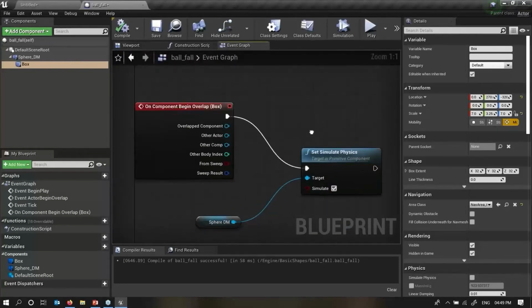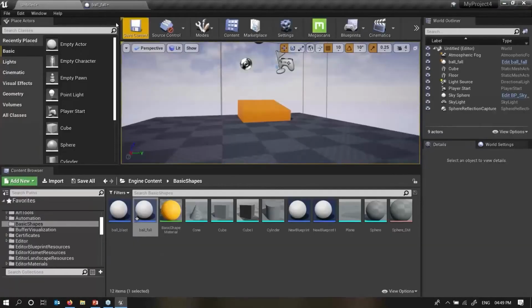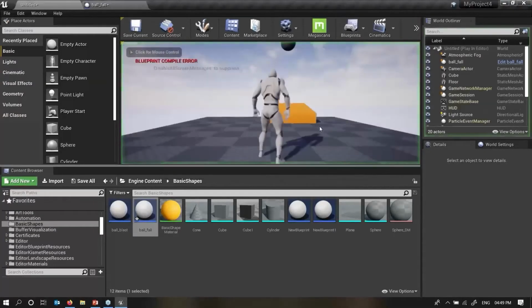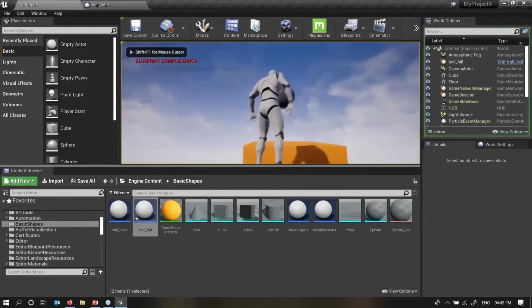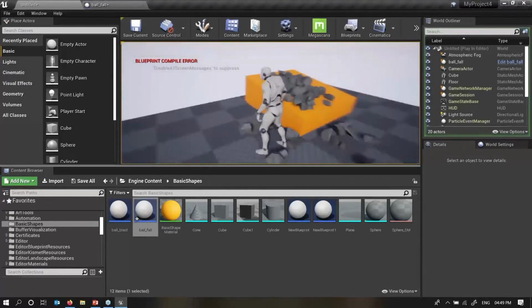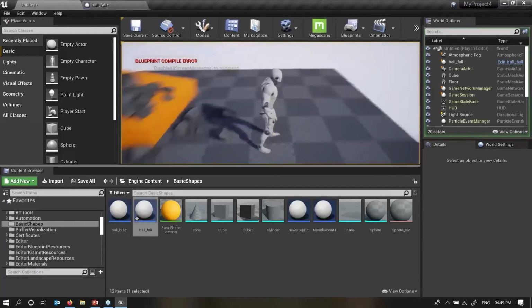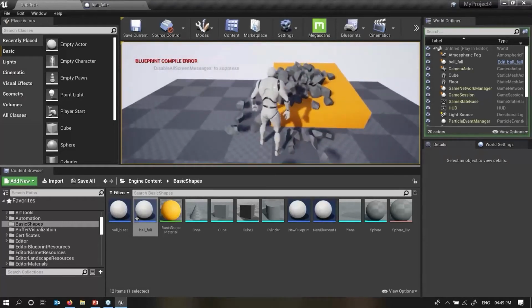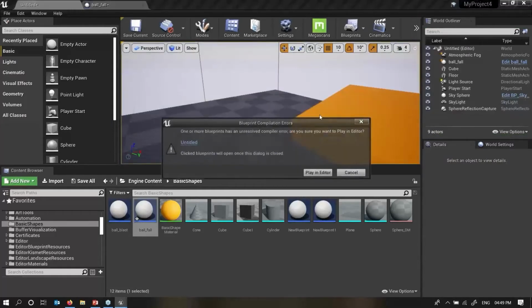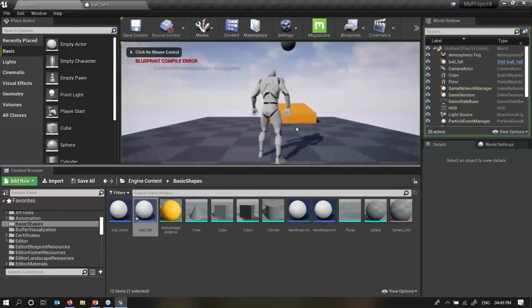Anyway, my animation is perfectly playing over here, so that is no problem. I'll just say play, and play in editor. If I select this, see, this started to fall. So this is the very simple and easy way we can achieve this. Again, play in editor.